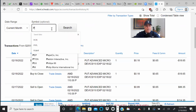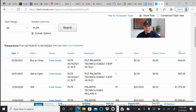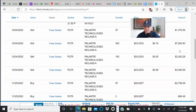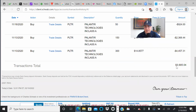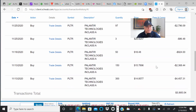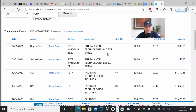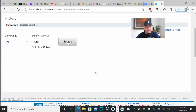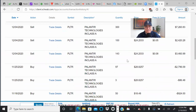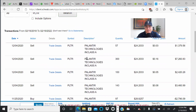If I look at something like, say, a Palantir, now I knew what I owned. I never traded options on it, but let me see if I made any money on Palantir. I made $3,900 on Palantir, getting in on November 20 and getting out on this day. So this is with all my options and everything. If I didn't include my options, it's $3,889 on Palantir I made, and I ended up eventually selling out of them at like